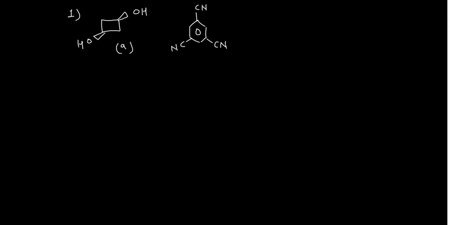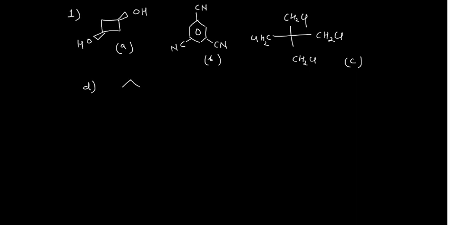Okay, this second problem, say this is B, and the third problem is this one. You have CH2Cl, and again you have CH2Cl. Here also you have CH2Cl, and again CH2Cl. So this is problem C. And then the next is structure D, which is a heterocyclic compound. For this heterocyclic compound, I can write NH here and NH here.